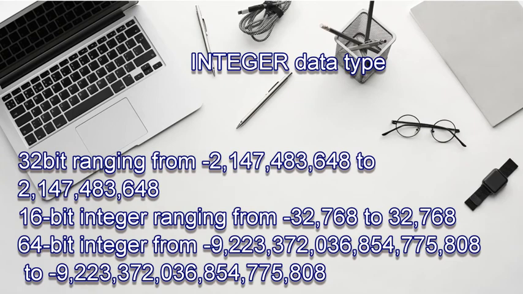Let's talk about the first data type, the int data type. We have int, short, and long, and all of these are part of the int type variable. The int data type is used to hold integer values, in the positive as well as the negative range. It will hold only integer data, meaning a positive number or a negative number.